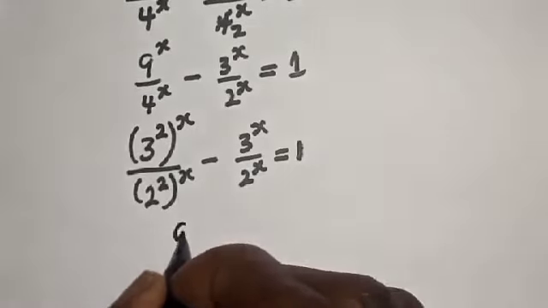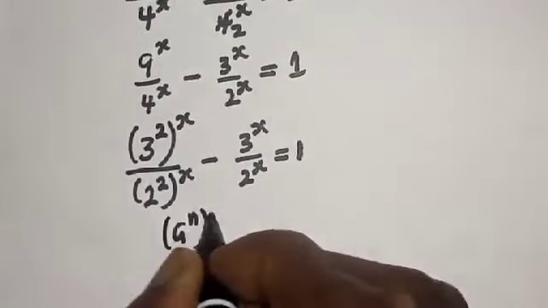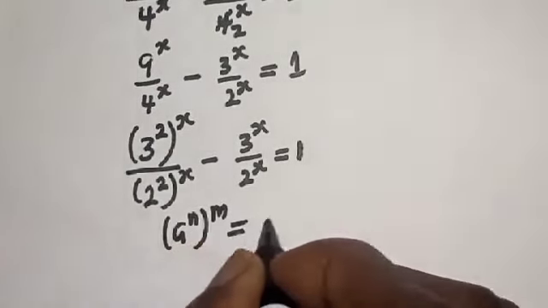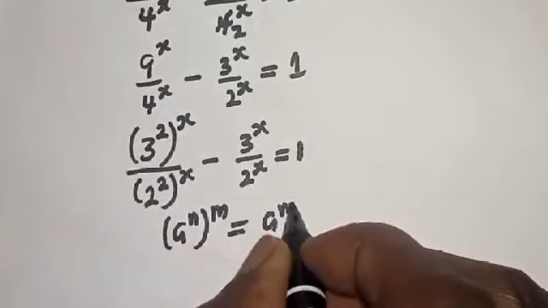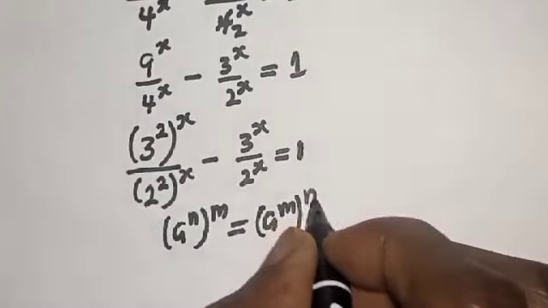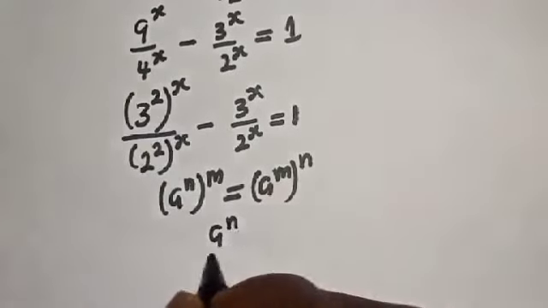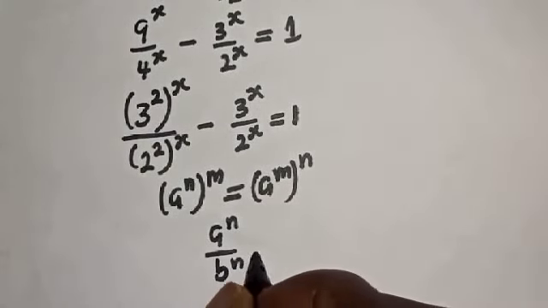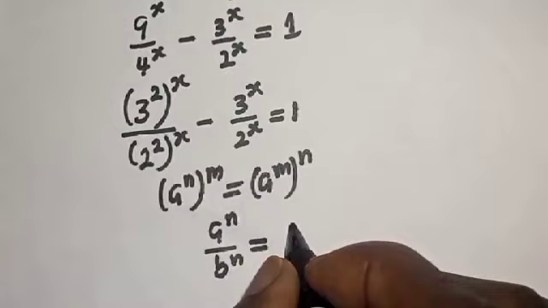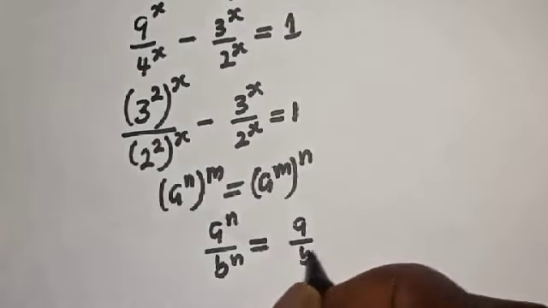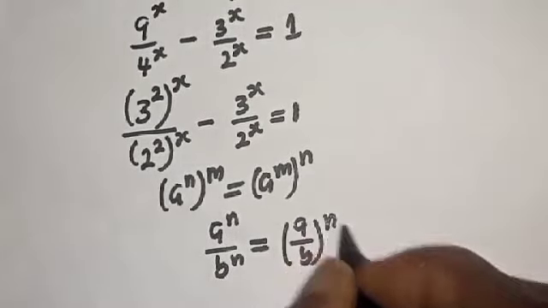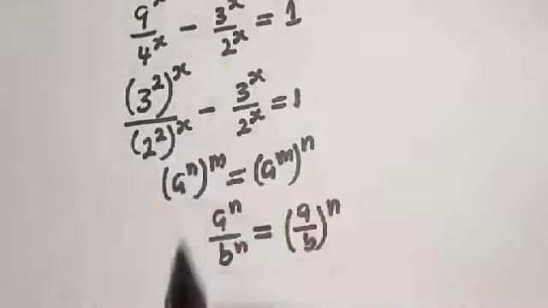If you have a raised to power n raised to power m, this is equal to a raised to power m raised to power n. Also, if you have a raised to power n over b raised to power n, this is equal to a over b all raised to power n. So from here we have